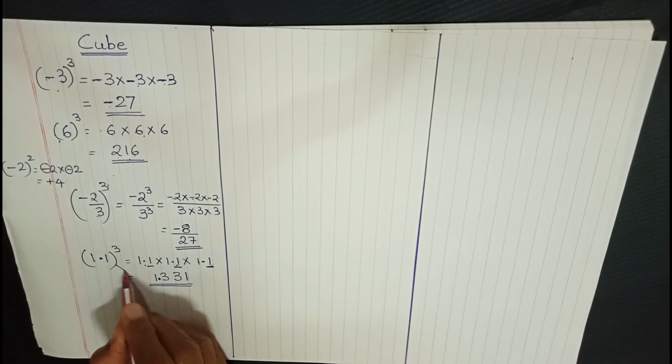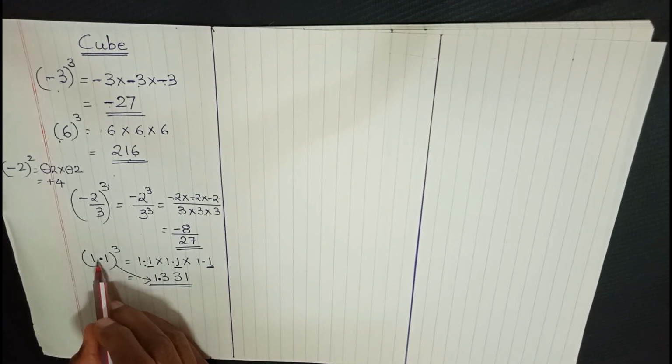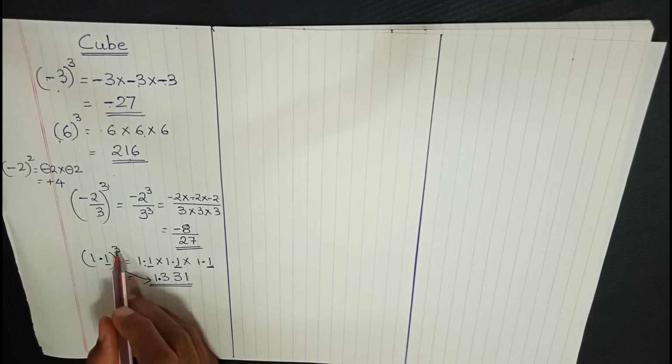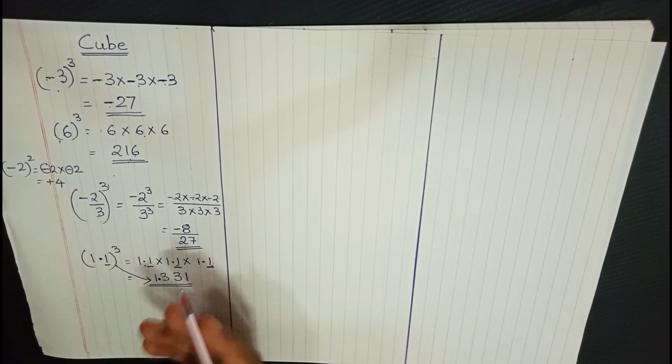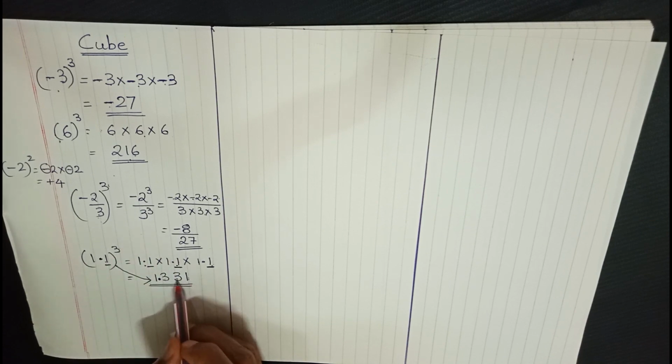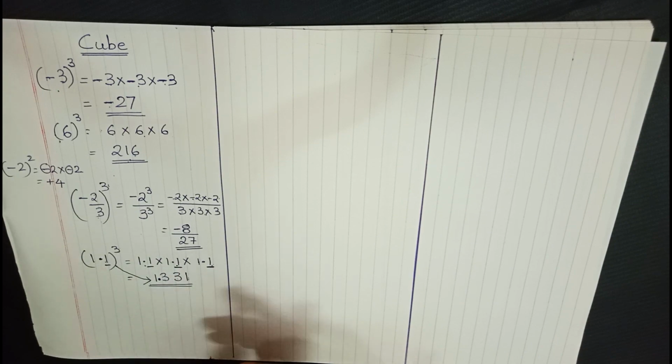Now you can directly put the decimal point from here itself. Here you can see there is one digit after the decimal place and it is a cube. So we should make it 3 times. So instead of 1, 3 places. That is why 1, 2 and 3. This is also correct, or directly from here also you can see.